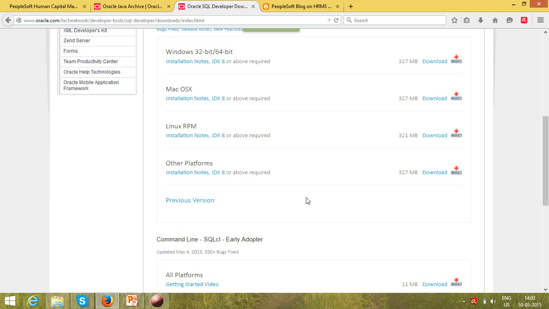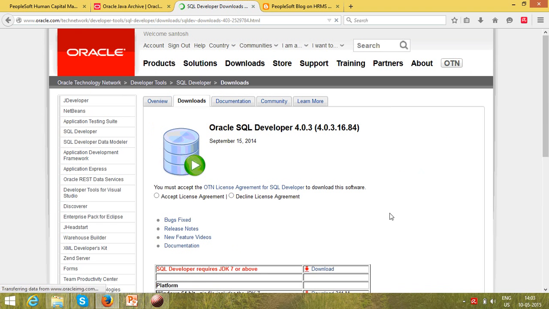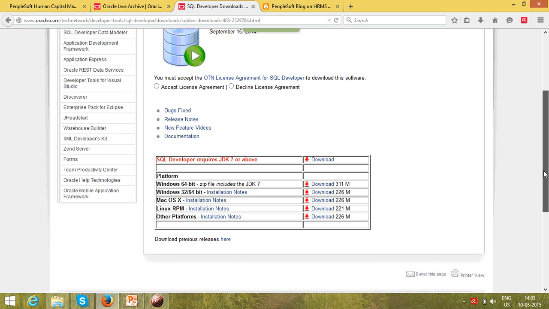So let's see what previous versions we have. Yeah, so this will work with JDK 7.